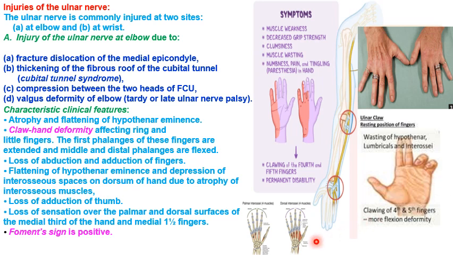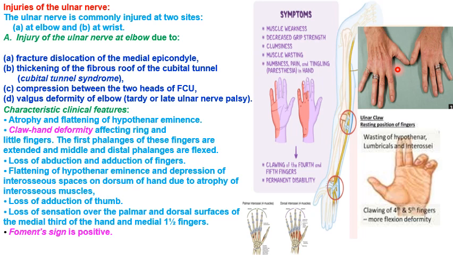And there is loss of abduction and adduction of the fingers because of the paralysis of all the interossei, which are the palmar and dorsal interossei. Because of the paralysis of the interossei, there is atrophy that is seen on the dorsum of the hand between the extensor tendons. You can see this is the normal hand on the dorsum. This is where you can see the interossei which are atrophied, and the flattening is seen here on the dorsum